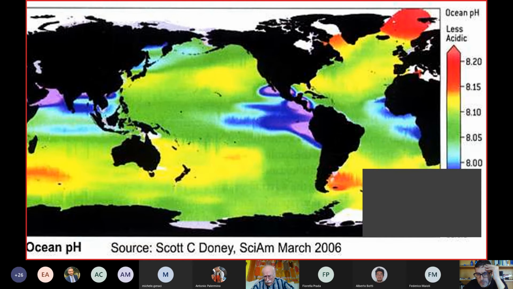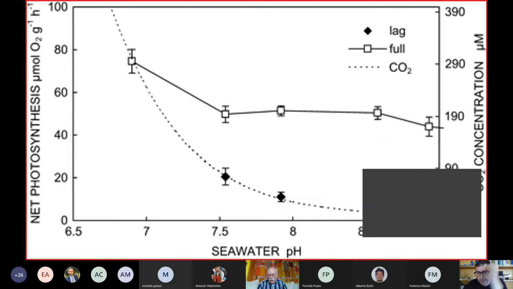I didn't find a similar map of the Mediterranean, but as Stefano can tell you, there is an ongoing process of warming, what we call the tropicalization of the Mediterranean, that has very, very negative effects on the Mediterranean biota. And there is also an acidification process that is not shown on that map. But you are absolutely right in your comment. Okay, thank you, Michele.